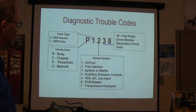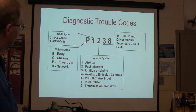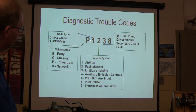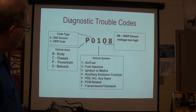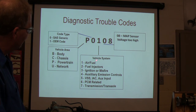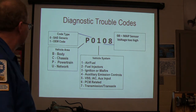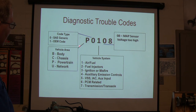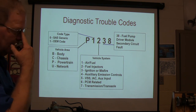All right, diagnostic trouble codes. We're almost through. Watch this. 0, SAE generic. 1, OEM. Can you remember OEM, original equipment manufacturer? If you've got a 1 there, that means it's an OEM code. Right? 2, fuel injectors. And this right here defines the code you've got. Now let's change that code and see what happens. This is a generic code, SAE generic. 1, air fuel, 08, MAP sensor voltage too high. You see how the codes work? Not that complicated, right? Remember you've got B, C, P, U; powertrain is what we've got here. Look at this one here, 1238, fuel injectors, fuel pump driver module secondary circuit. You got that? Basically, if it's fuel pump